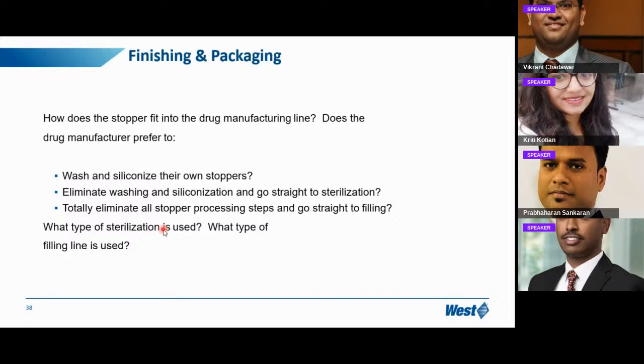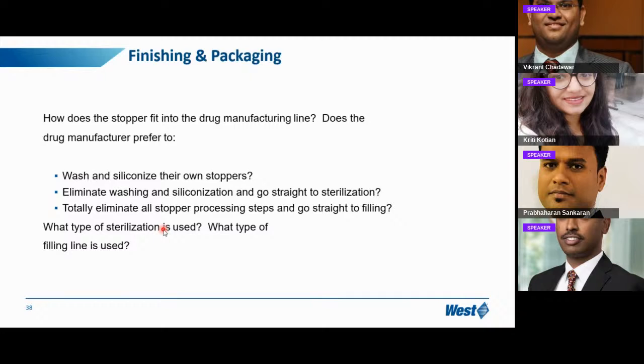There are various versions: few customers want ready to sterilize, few customers want to have their washing at their own site. Some people don't want siliconization. So it all depends on the drug manufacturer how they want these rubber stoppers, and on that basis we generally